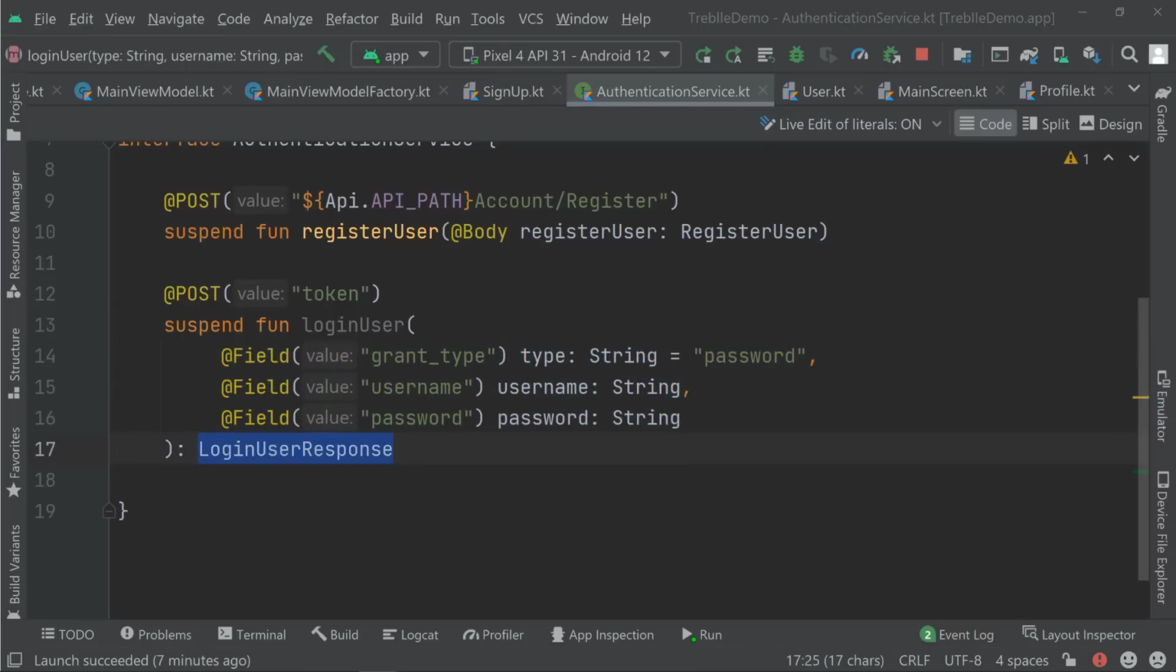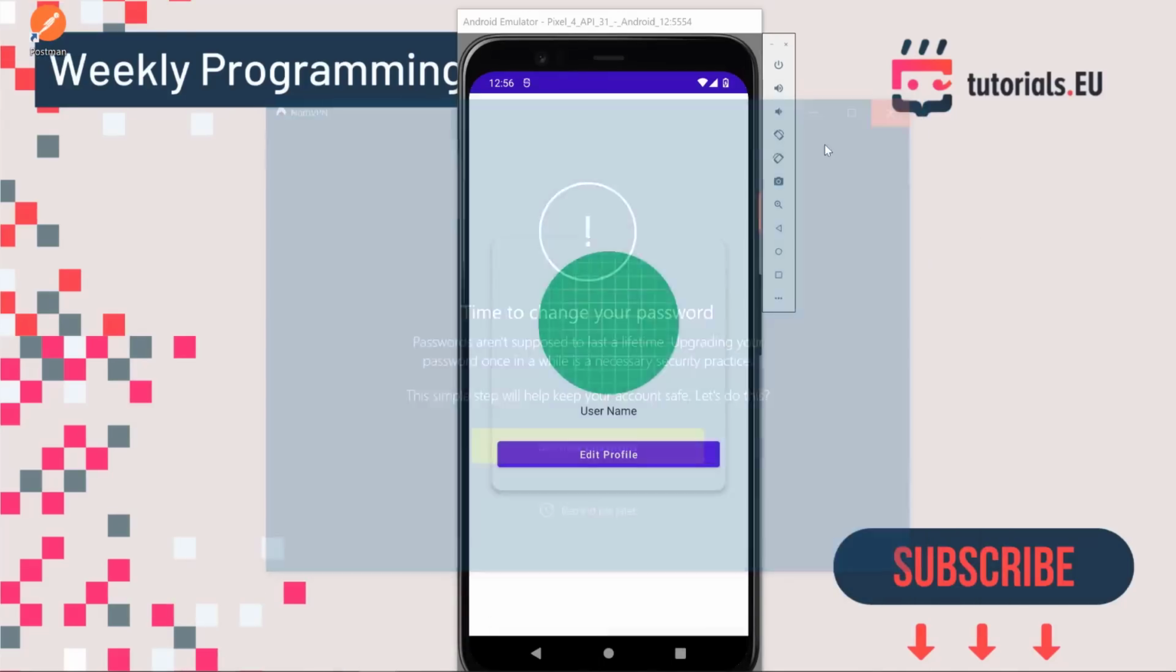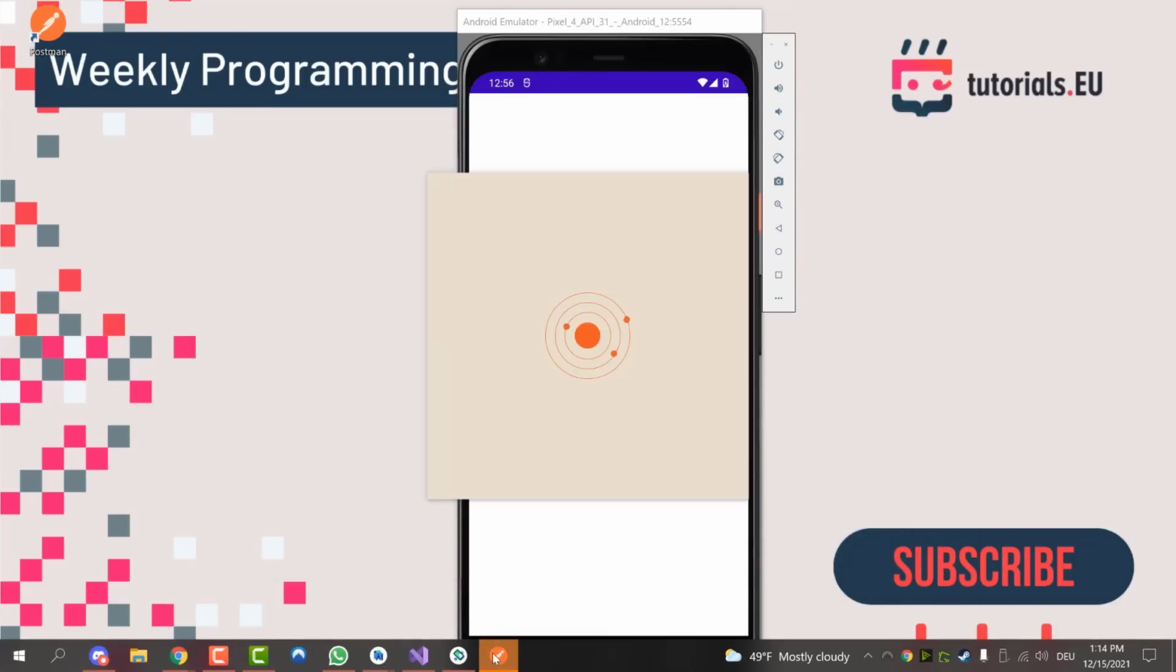So what is going on there? Well, the thing is, we are using the suspend function login user with the @POST annotation with the token as its appended path, and annotated with FormUrlEncoded. This is because the request has an x-www-form-urlencoded content type, meaning the required values will be added to the URL using the @Field. So if we look at our, let me open up Postman again. So if we look at our Postman,